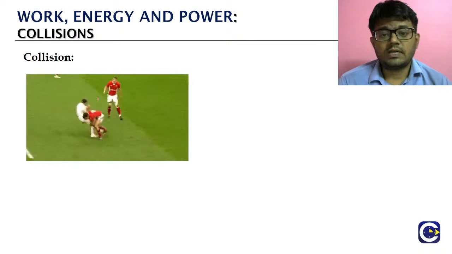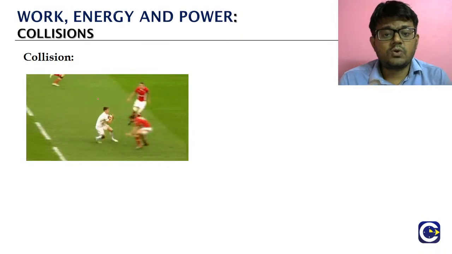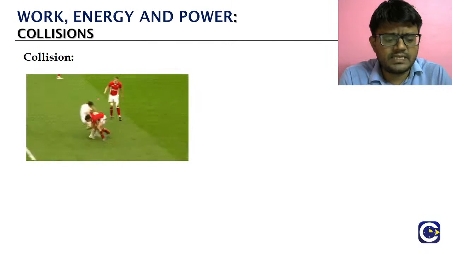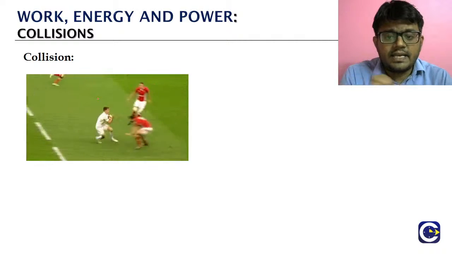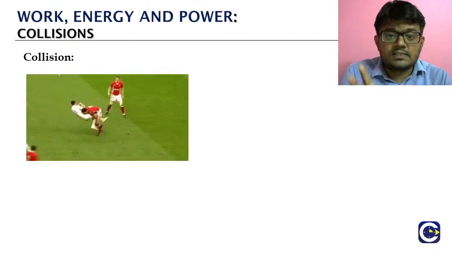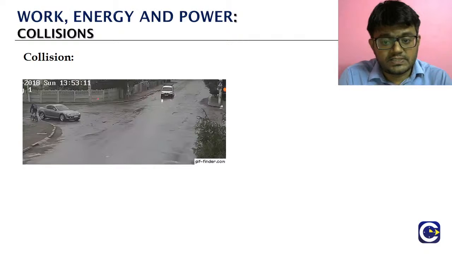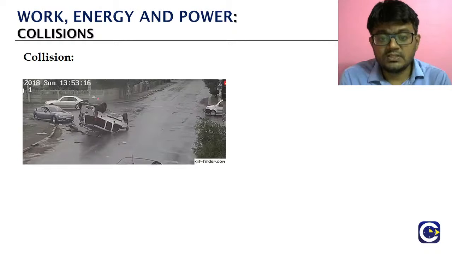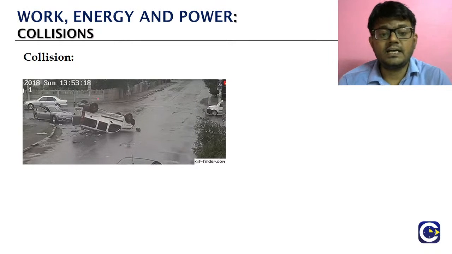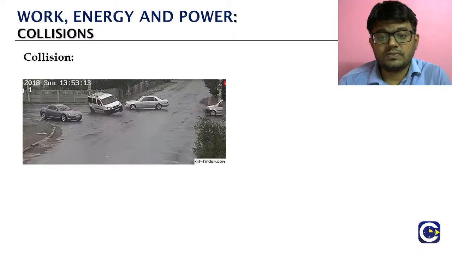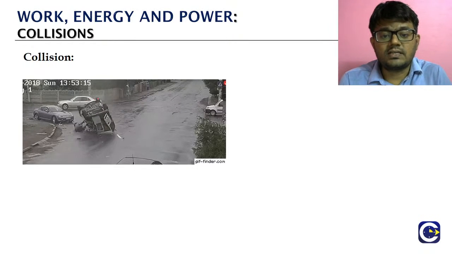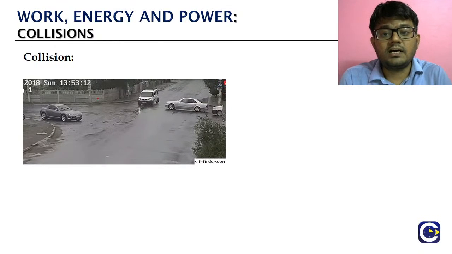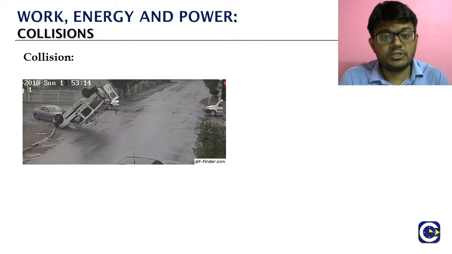Now look here. Two players are colliding with each other. So this is also a collision. All these are trying to give us an idea of the things we can categorize as collisions. Now you see cars smashing into one another. This is also a collision. Luckily, nobody has been injured here. Even the car that got tilted upside down, the driver is able to come out safely. So this is also an example of collision.